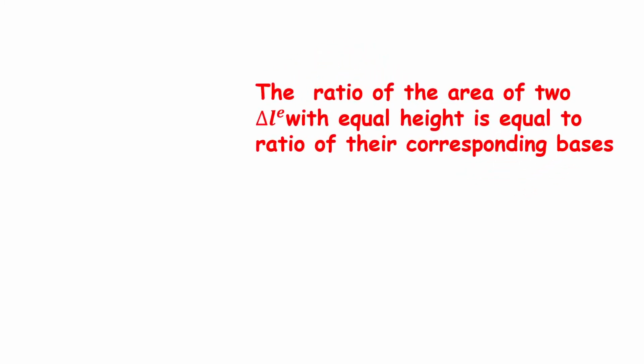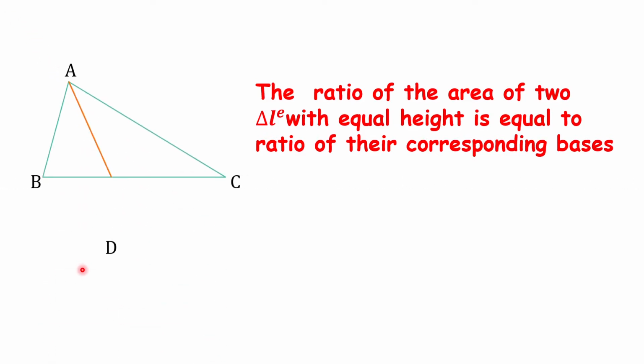First we have to recall the property, then we introduce the proof of basic proportionality theorem. The ratio of area of two triangles with equal height is equal to ratio of their corresponding bases. That means if two triangles have equal height, then the ratio of area of these two triangles is equal to their corresponding bases. Therefore we take in this triangle ABC,